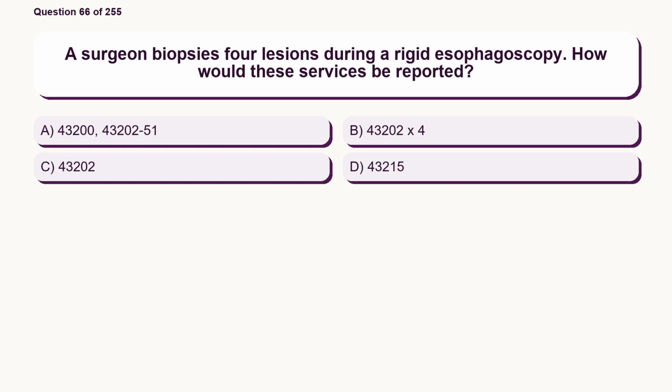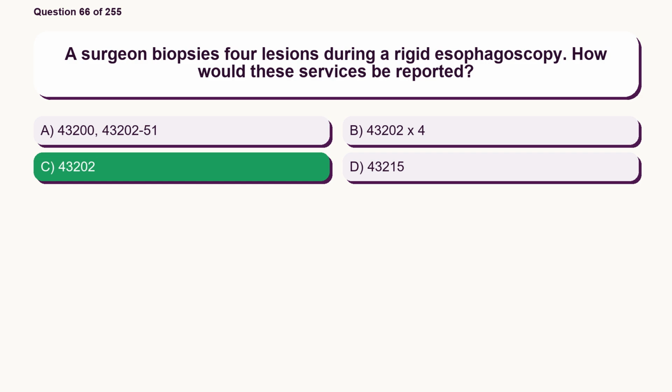Question 66. A surgeon biopsies 4 lesions during a rigid esophagoscopy. How would these services be reported? Option A, 43,200, 43,202 to 51. Option B, 43,202 x 4. Option C, 43,202. Option D, 43,215. The correct answer is option C,